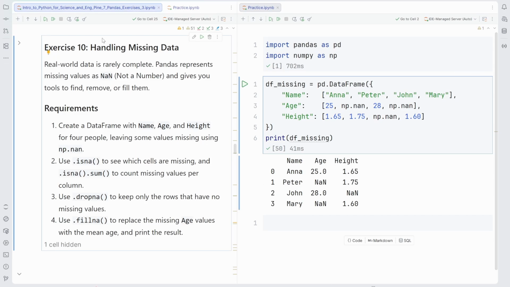Exercise 10. Handling missing data. Real-world data is rarely complete. Pandas represents missing values as NaNs, not a number, and gives you tools to find, remove, and quickly fill them. Requirements. Let's create a data frame with name, age, height for 4 people, but leaving some missing values